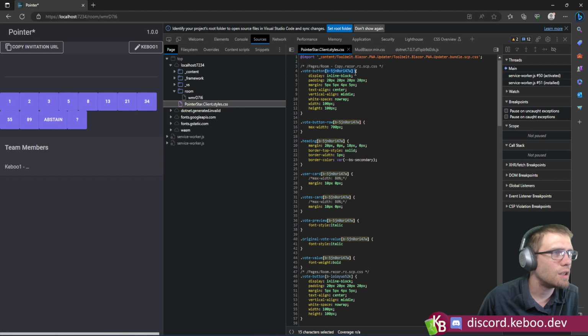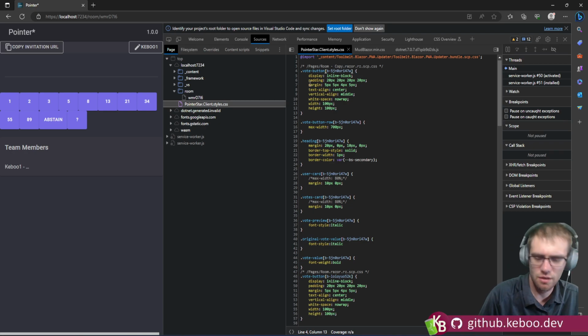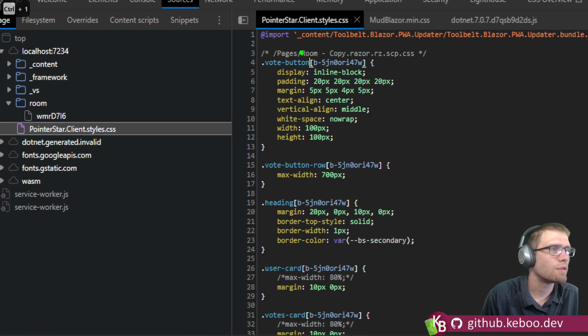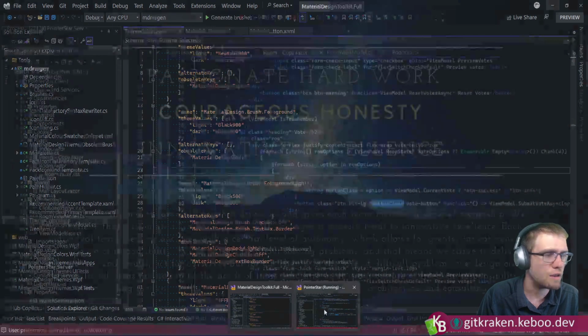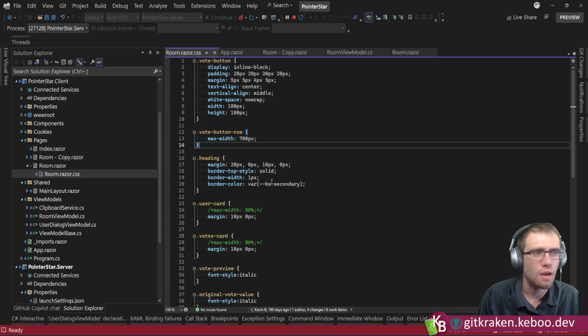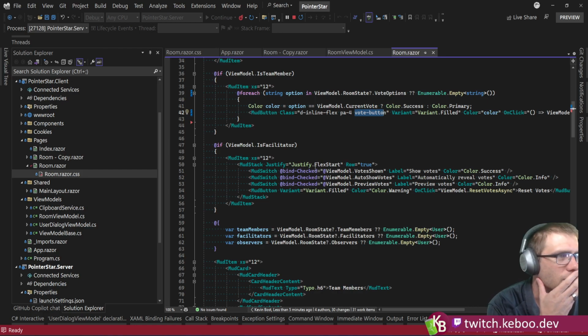This little doohickey here, I believe, is the CSS isolation, if I'm not mistaken. That gets automatically generated. Just to be clear, this little bit here is what gets automatically generated for you, so that you can have a vote button CSS in page A, but then have it still work in page B later on, so that both of these pages could have their own CSS, and it munches them together and handles everything. What is not clear to me